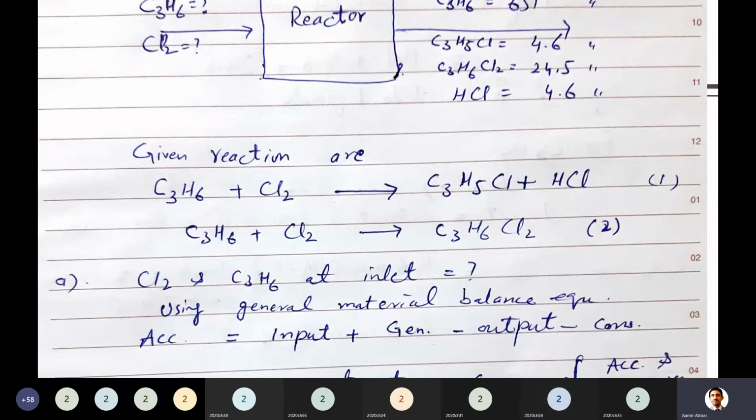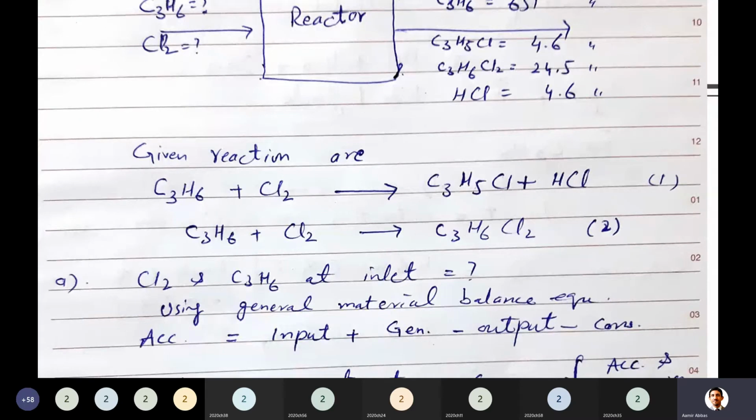Chloride. All those things which are written on the right side of the arrow signs, they are produced. So they are products. Yes, chlorine is not produced. I think the student who said it is generated is clear now. Okay, everyone is clear. Hopefully generation will become zero. Output, yes, it is available at output, so we will keep this term.